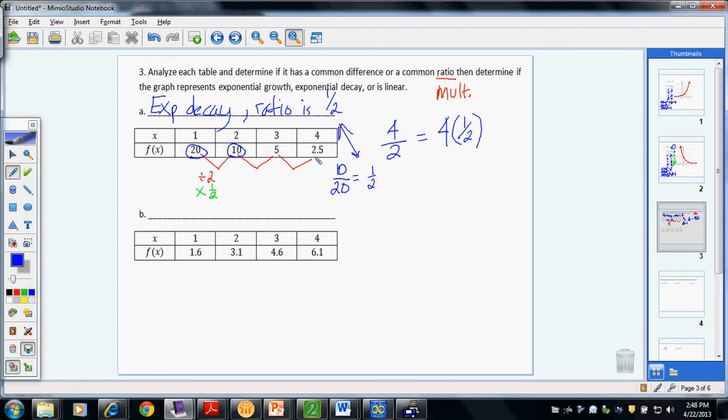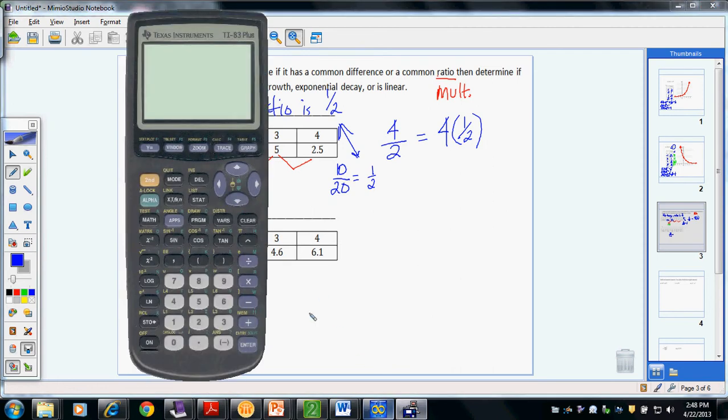Okay, and we can do that with every single term. So let's see. If we take 3.1 divided by 1.6 to look for my common ratio, I would have 3.1 divided by 1.6, and that would give me